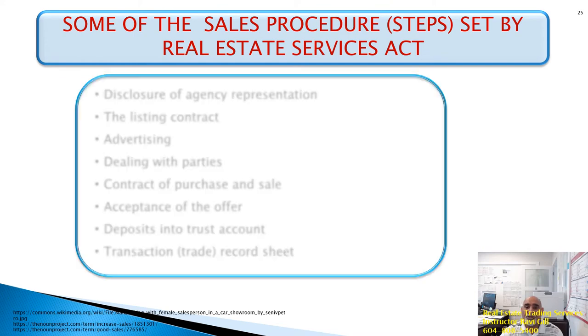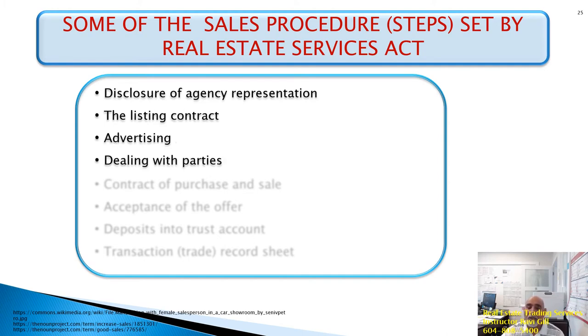Okay, some of the sales procedures. When you start working, your managing broker and your brokerage will teach you all the steps of sales. But for your examination, quickly, we're just going to go through a few topics in when you get a listing. First thing you must do is disclose your representation to your client. Then you get the listing contract. Then you start advertising. Then you start dealing with parties and bringing in buyers and sellers. Then maybe you write up a contract of purchase and sale because maybe one of the parties wants to buy your listing,